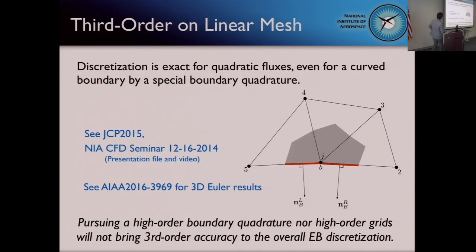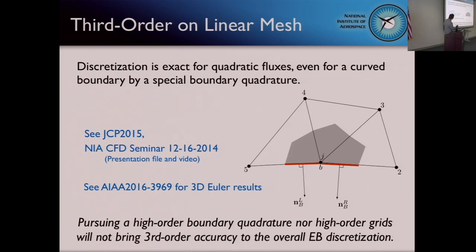And at the boundary, third order accuracy, it's been shown that this H-based scheme can achieve third order accuracy on linear elements like this. And the reason why this can achieve third order is that the residual is exact for quadratic functions, no matter what the geometry is. For some boundary conditions involving normal derivative, it has to be accurate. But like I said, this is different from finite volume. You are not integrating anything along this edge. If you integrate flux along this edge with very high accuracy, it doesn't do anything. It actually, you lose third order accuracy.